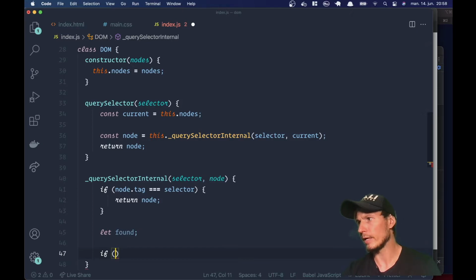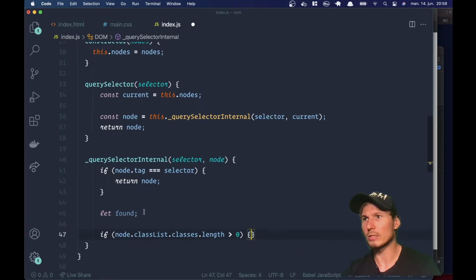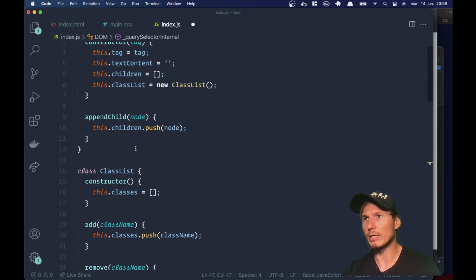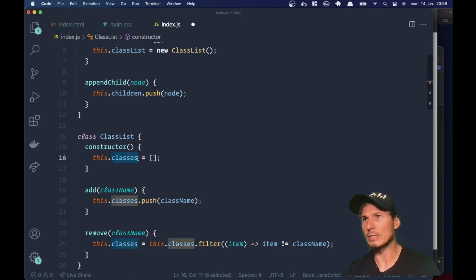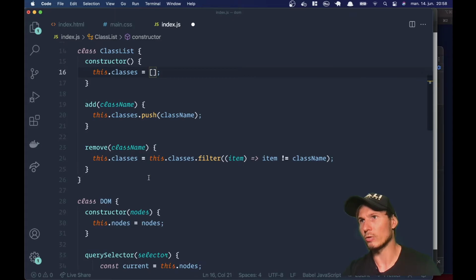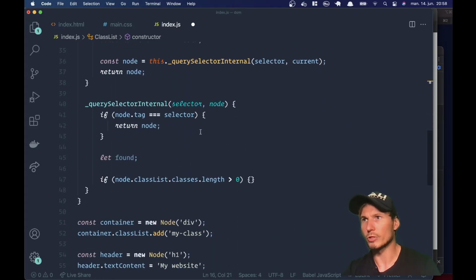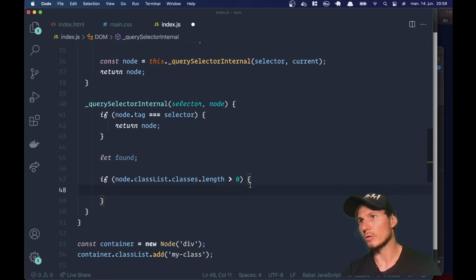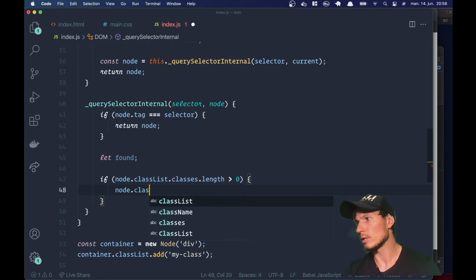and we'll check if the node class list classes.length is greater than 0. So if we have any classes, remember we created a class list here, and it has this property. And if we have any classes, we want to check the classes of this node as well to see if they match. So if we're searching for, let's say, my class, then we want to check if that exists in this array. So if we have anything in it, we are going to do node class list